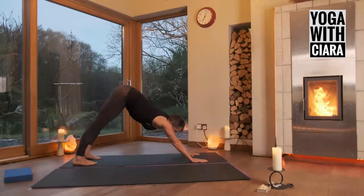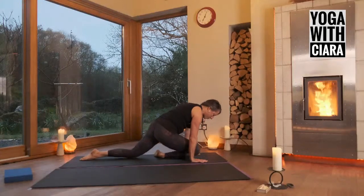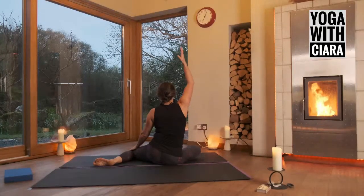Nice. So bring your right knee forward between your two hands. So drop your two knees to the floor. Bring your right knee forward between your two hands and drop yourself into zigzag. So I'm sitting on my right bum and my two knees are bent. Reach the right hand up towards the ceiling